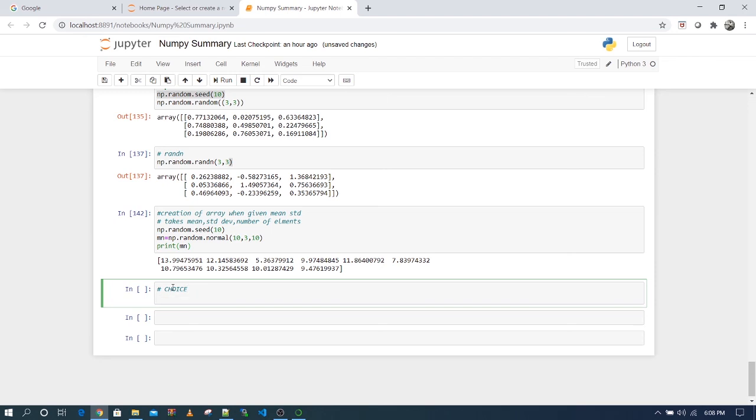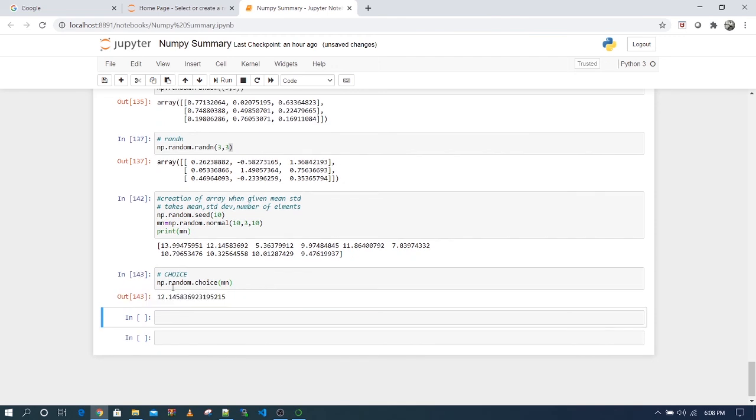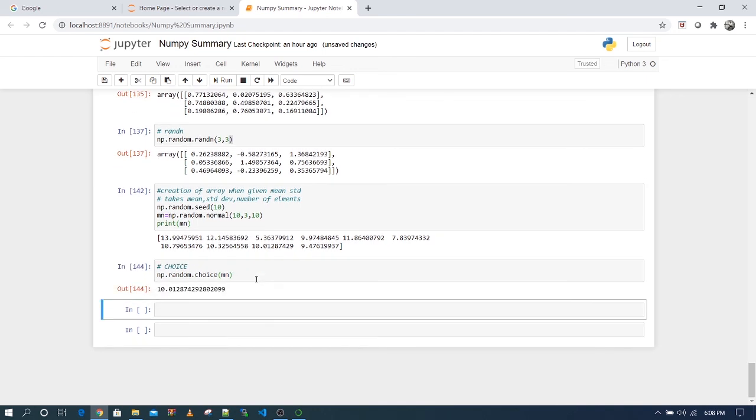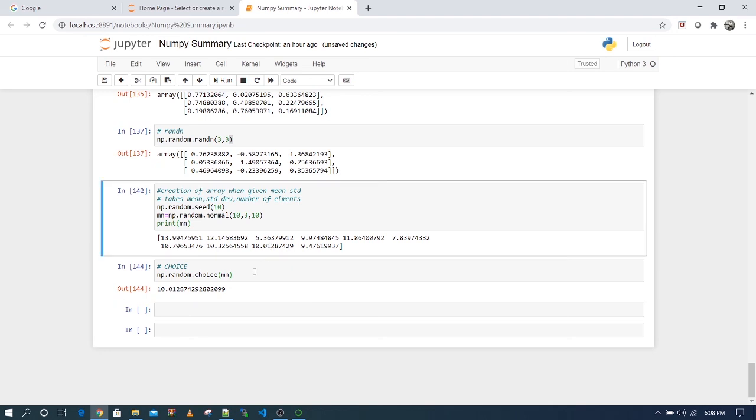So how will you use this? I have to use np.random.choice, and then I have to pass mn. Now if you see, it will give me 12.14, which is my second element. Similarly 10.01, which is here.